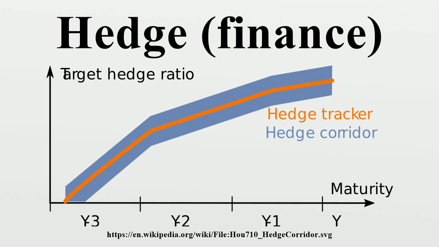A hedge can be constructed from many types of financial instruments, including stocks, exchange-traded funds, insurance, forward contracts, swaps, options, many types of over-the-counter and derivative products, and futures contracts. Public futures markets were established in the 19th century to allow transparent, standardized, and efficient hedging of agricultural commodity prices. They have since expanded to include futures contracts for hedging the values of energy, precious metals, foreign currency, and interest